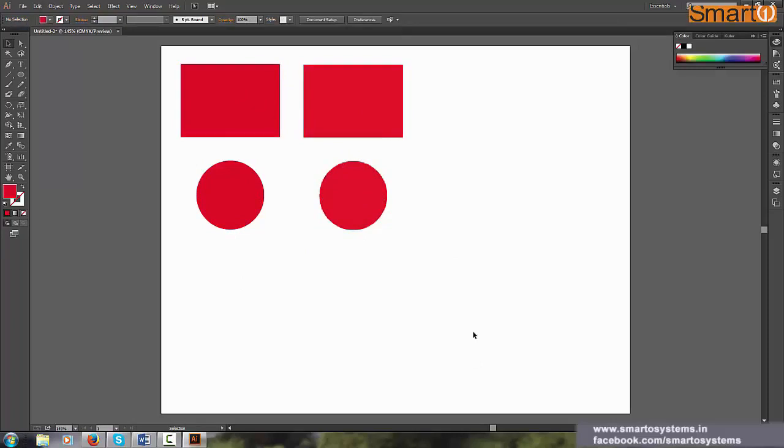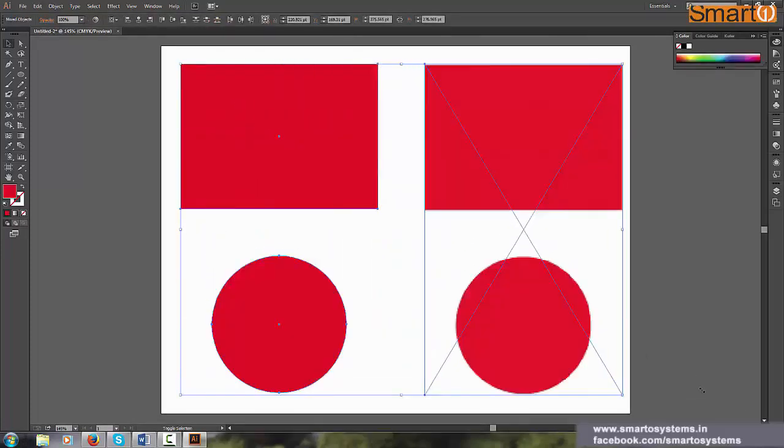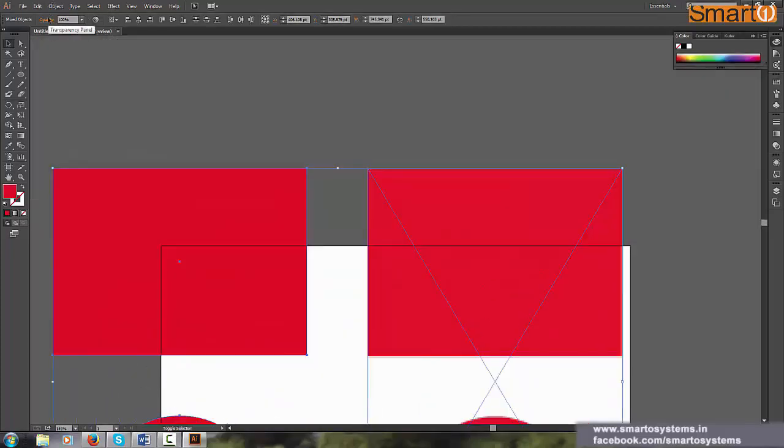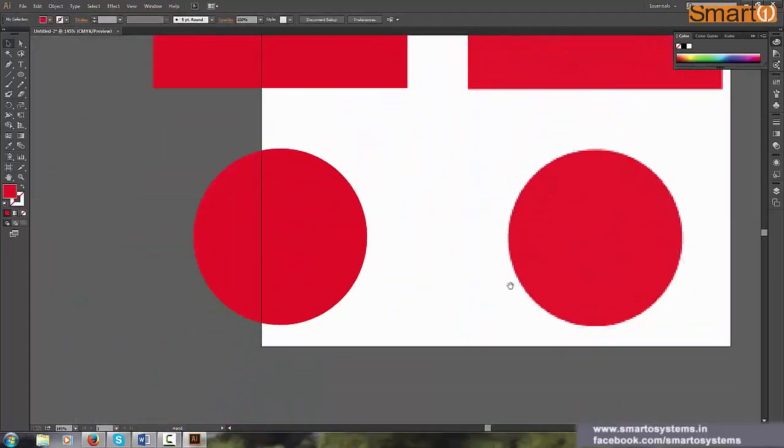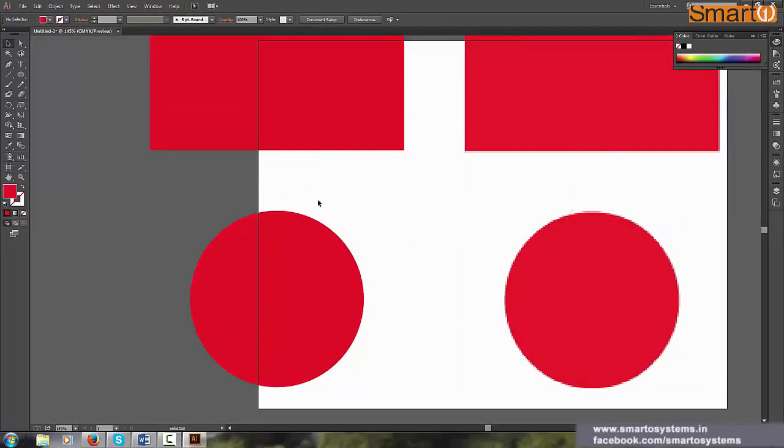Now you might ask, how can I say this? What is the difference between both of them? Let's select both of them and scale them really big. Now if you see, on the left-hand side are the vector graphics which I created in Illustrator, and on the right is the raster graphic.